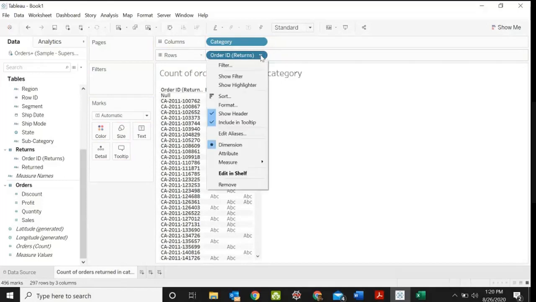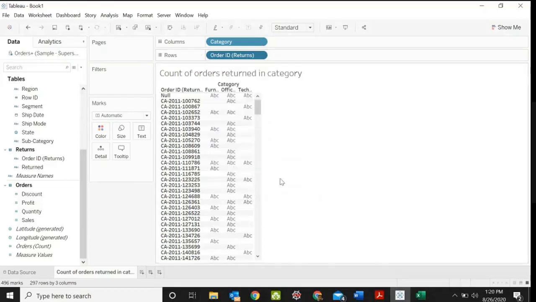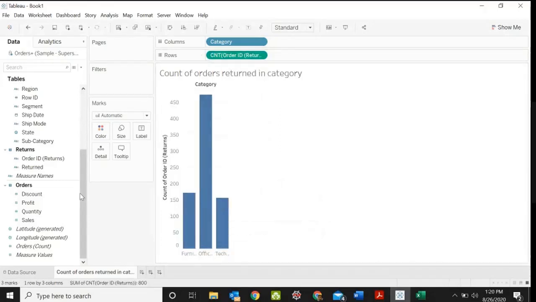I have to click this drop down and change this to measure count. In order to find the number of orders returned, we can place the count of orders.